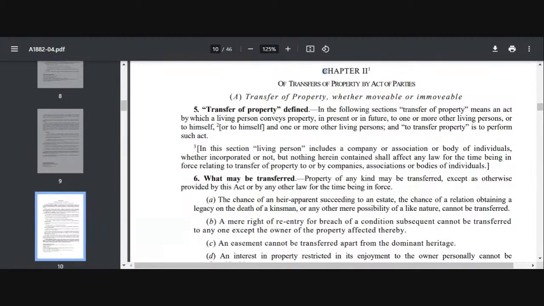This is now chapter 2, transfer of property by act of parties. Now this is a very important chapter. I don't need to tell anything about this chapter because it's very, very important. Section 5 से start होता है till section 53A. This chapter will extend, and all sections are important. I will mark the important sections when we are doing. तो वहाँ पर हमें section 3 पढ़ना ही है, ठीक है? Section 3 बहुत important है, from section 1 to section 4. If you want to read a section in detail, that should be section 1 and 3.